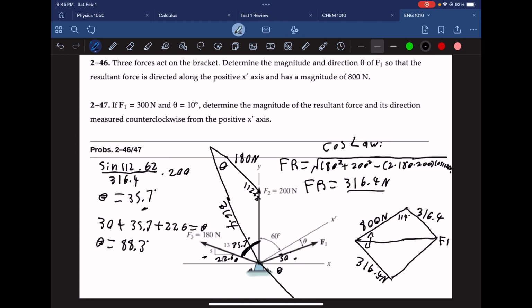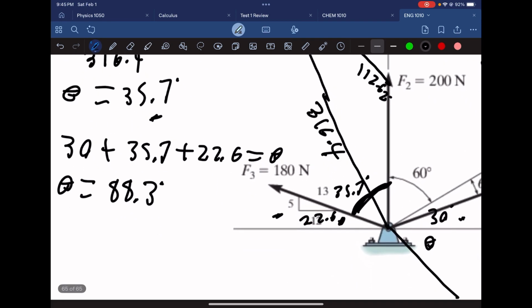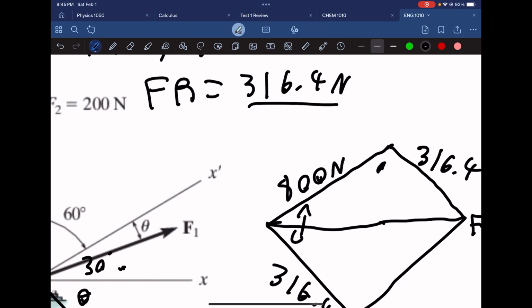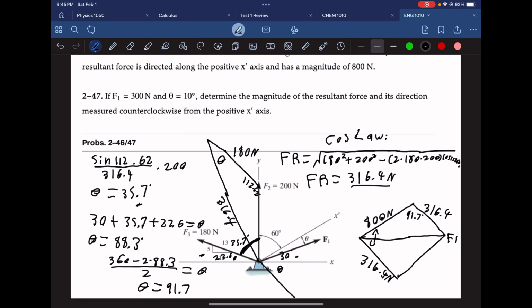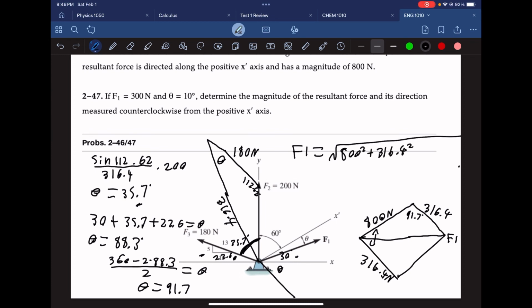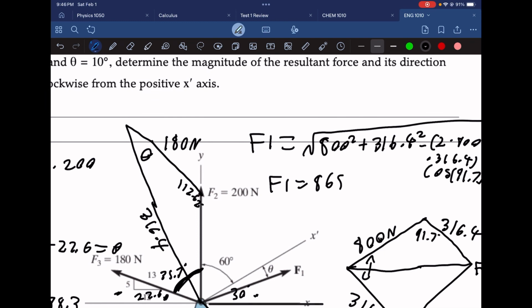And now in order to solve for F1, solve for this angle and then use cos law. So we go 360 minus 2 times 88.3 divided by 2, which is going to be 91.7. This is 91.7 degrees. Just like that. And now we can erase this up here and solve. So our F1 equals the root of 800 squared plus 316.4 squared minus 2 times 800 times 316.4, multiplied by cosine 91.7 degrees. It's going to be 868.9 newtons,